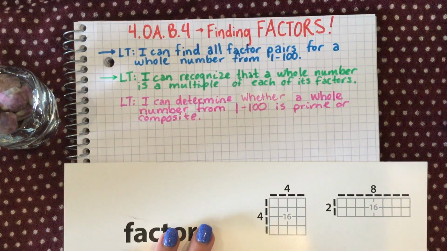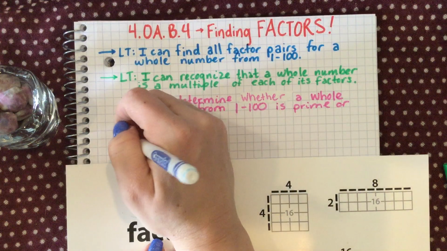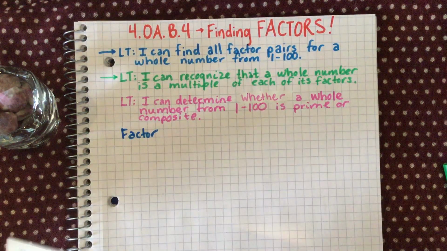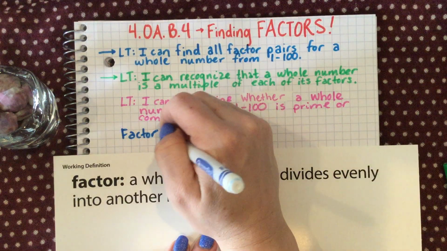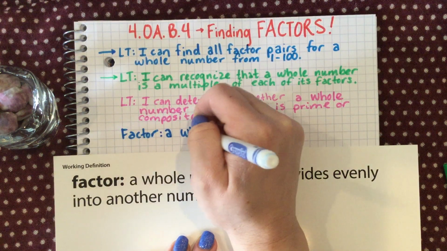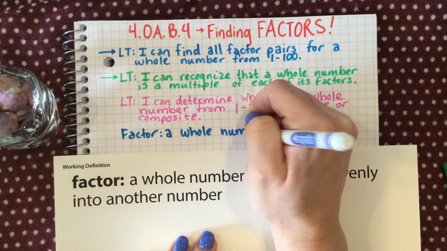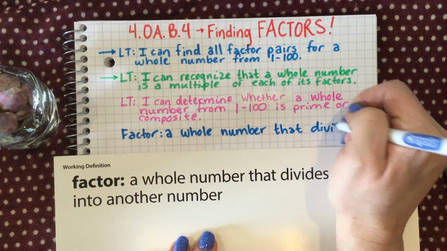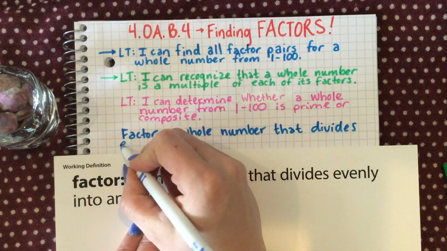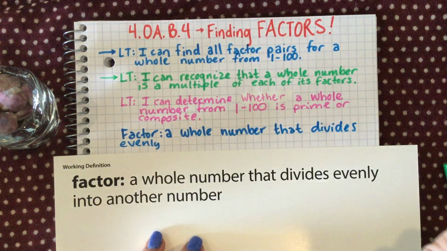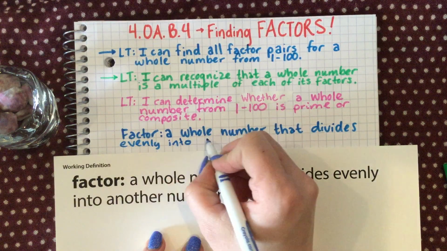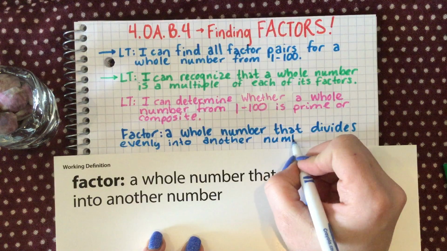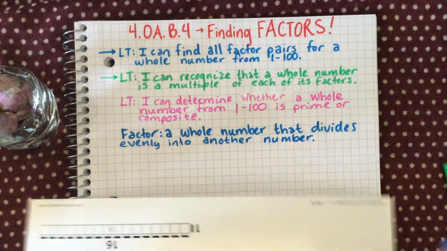So what I'm going to do is I'm going to write the definition. Factor is a whole number that divides evenly into another number. So for example,